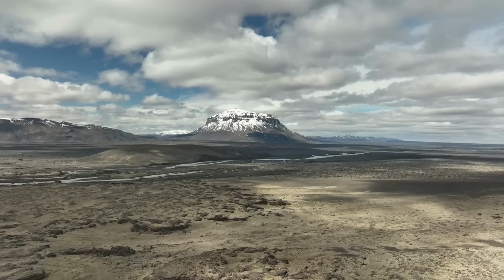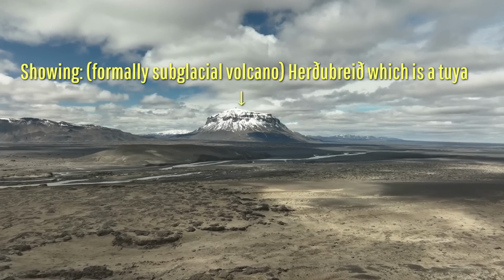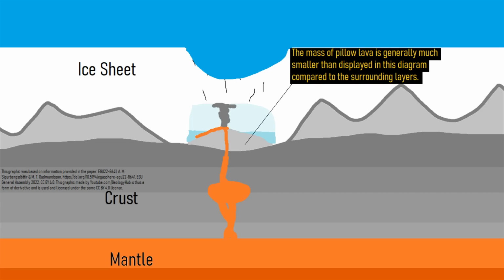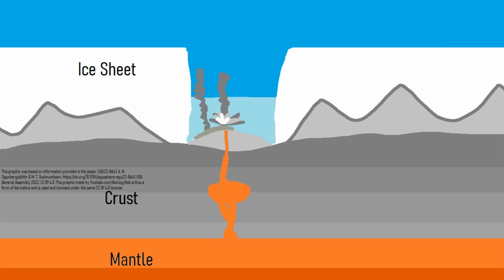When magma erupts into a thick ice sheet, it forms a subglacial volcano. During such an event, erupting magma initially forms a layer of material which looks much like a dome out of pillow lava. As eruptive activity continues, the heat melts significant volumes of overlying ice, creating a thick glacial lake in the volcano. After the glacial lake develops, eruptive activity shifts to a more explosive phase, depositing a rock type known